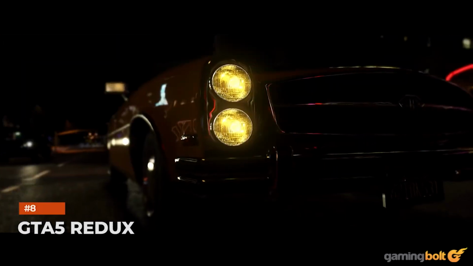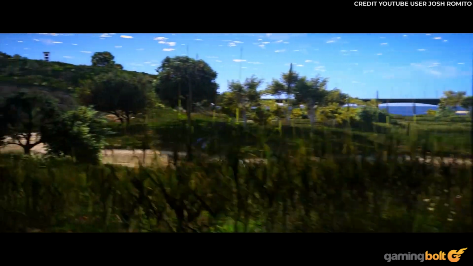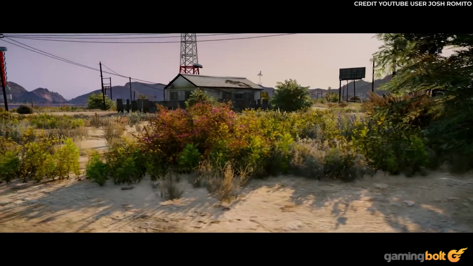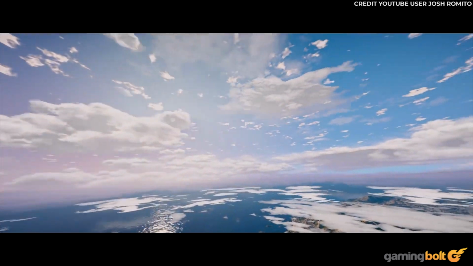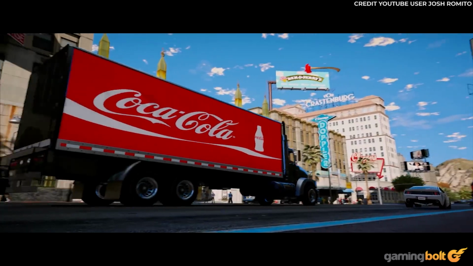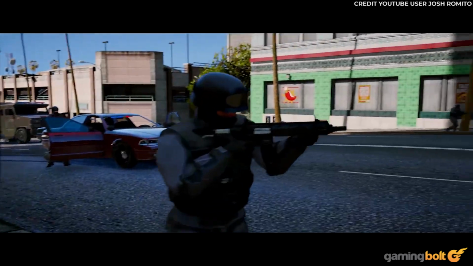GTA 5 Redux. At first glance, GTA 5 Redux may appear to just be a visual enhancement mod, providing simulated global illumination, new motion blur and bokeh effects, new volumetric lighting, and even adjusting the light pollution of Los Santos at night. But it also offers more than 15 presets for reshade plus ENB, 4K textures, modified handling and damage